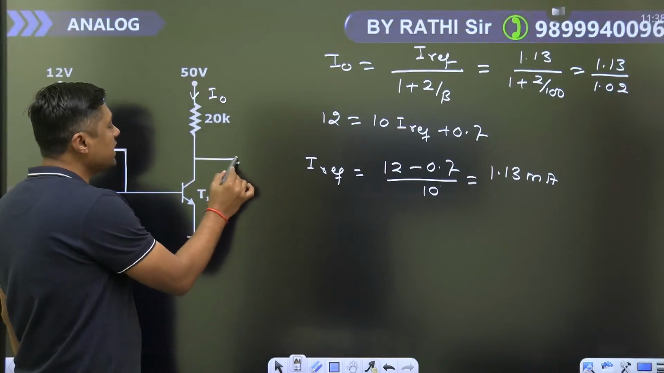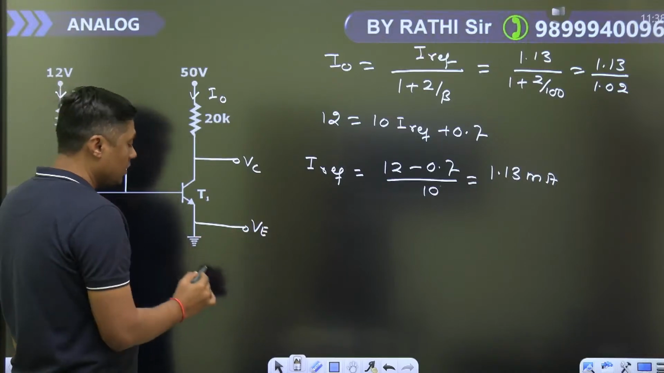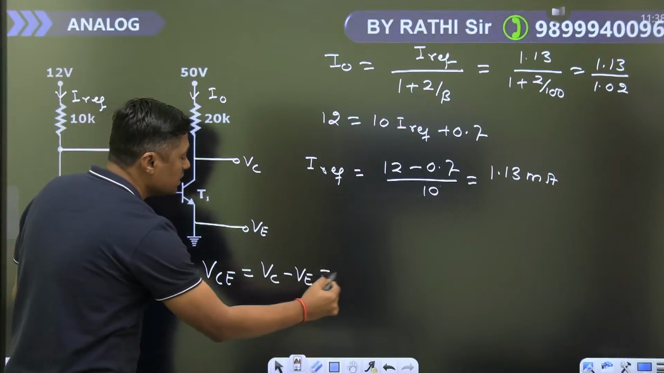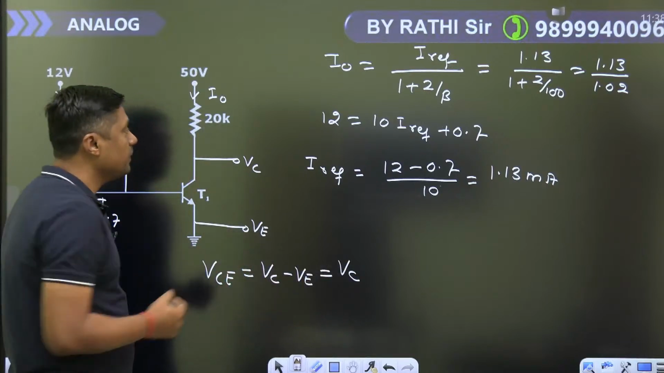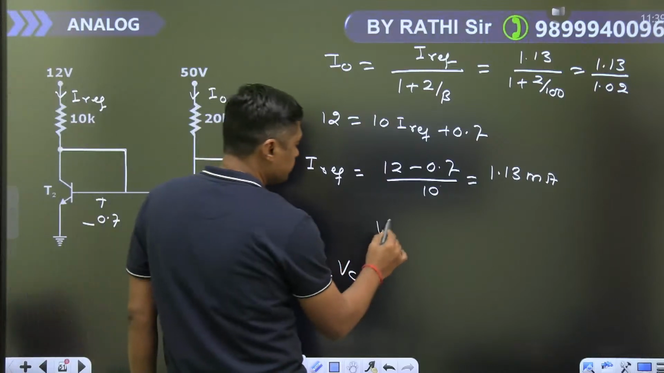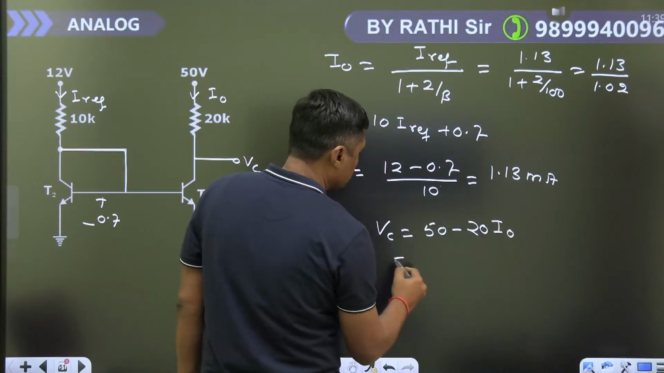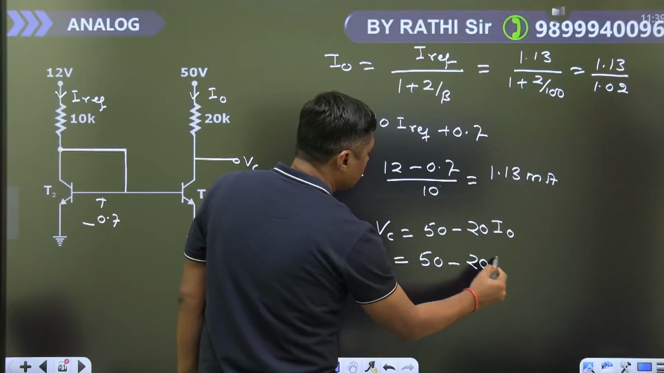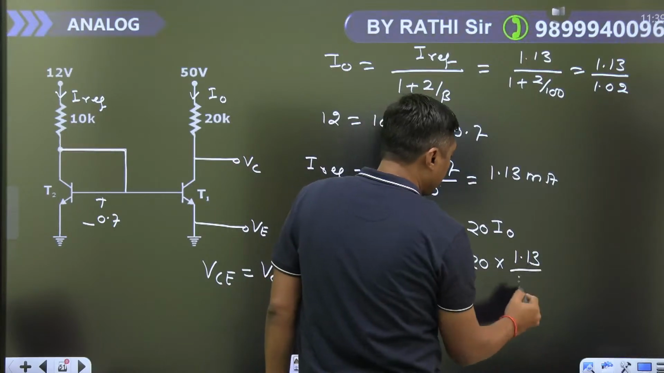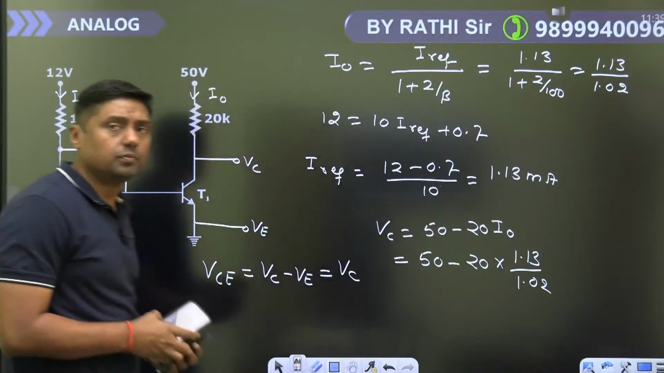So what is the voltage at this point? This is called VC or VCE because VE is connected to ground. So VCE is nothing but VC minus VE. This is equal to what? VC. Why? Because VE is 0. 50 minus 20 times of I0. 50 minus 20 times of, what is the I0? 1.13 divided by 1.02. Because in a numerical answer type question you have to find the exact value,